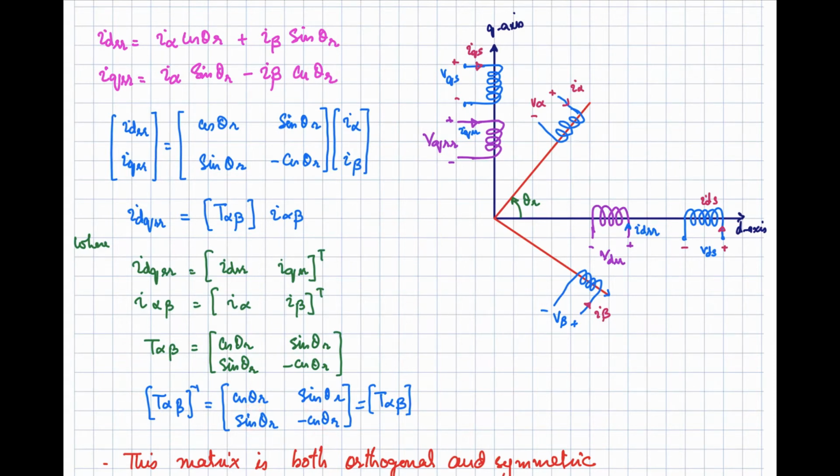So it means it is symmetric and it's orthogonal as well, right? So T alpha beta is equal to T alpha beta inverse. That's the property that exists over here. So the matrix is both orthogonal and symmetric, this transformation matrix, and we have basically transformed from this alpha beta to this, right? And you can just visualize and compare it with the transformations we discussed last week,